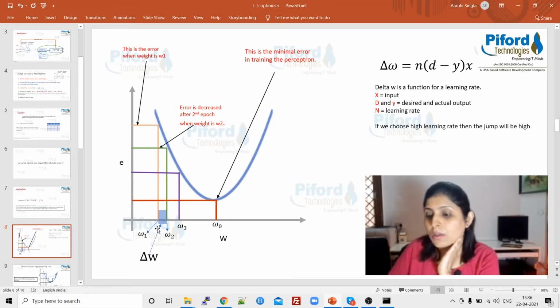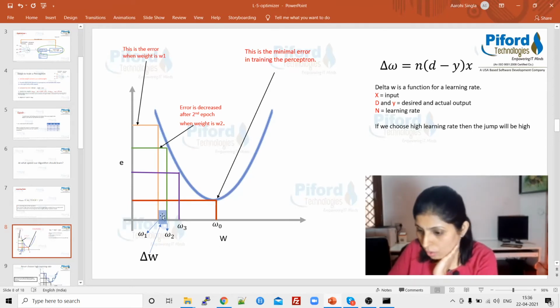What we are showing is what error values are associated with which weight value. So this first line, this orange one, when the weight is W1, at that time the error is this. We have the highest error. Okay, and then we changed the weight value. This time the weight value is W2. When the weight value is W2, our error got reduced to this point.